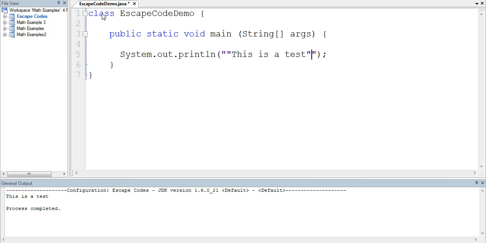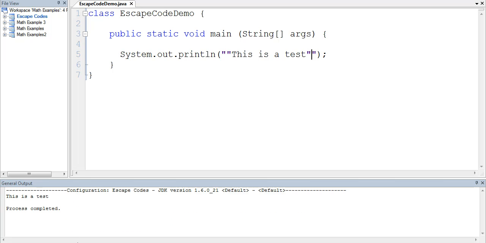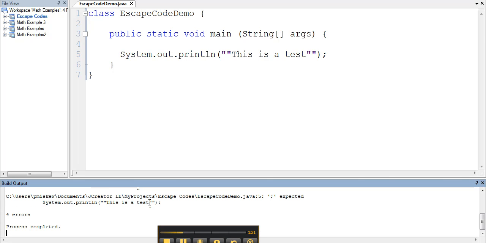So notice if I run this now, I get some errors. And it says it ran, but that's because it just accounts for errors. So it says semicolon expected. So it gets confused with our errors here. So what we use is an escape code. An escape code in Java